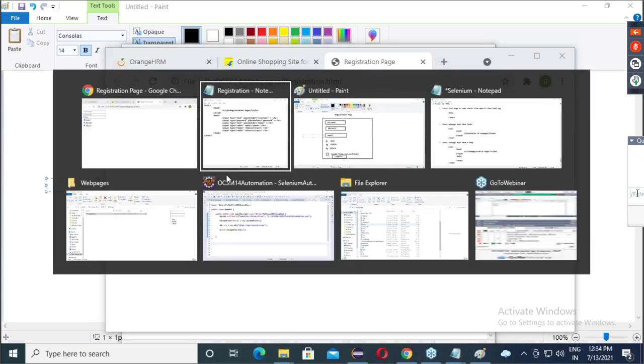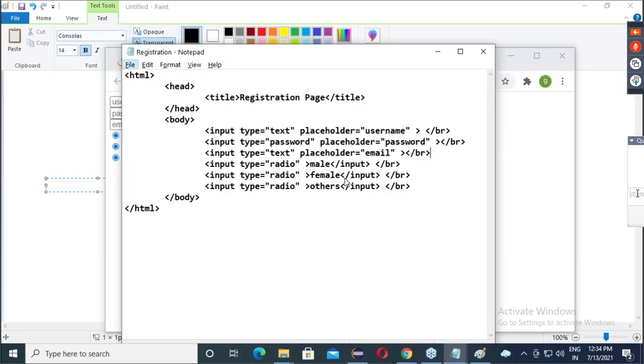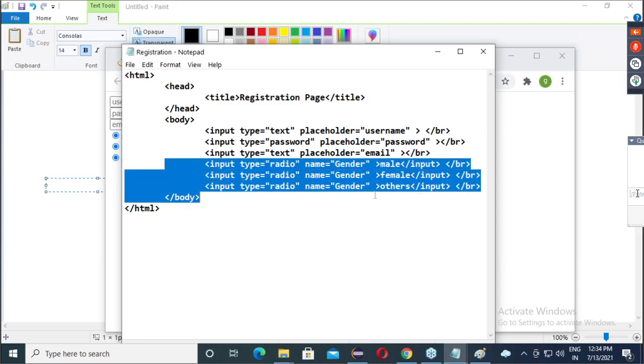That grouping we can do by using an attribute called name. So let's say this radio button belongs to the gender group. So here also gender, here also gender. Is everyone clear?